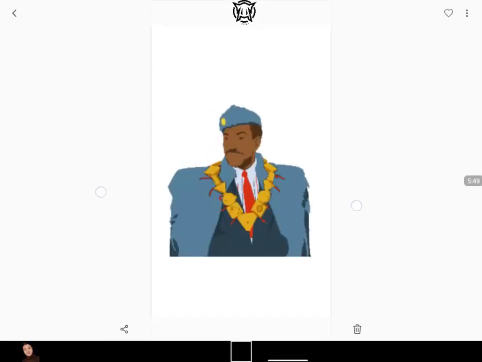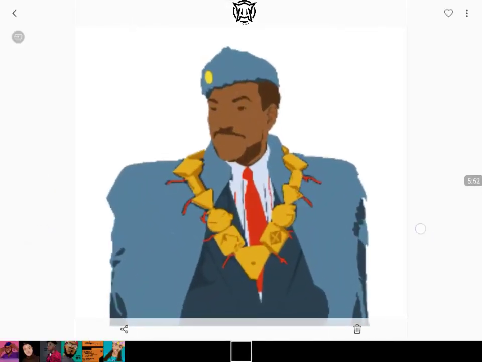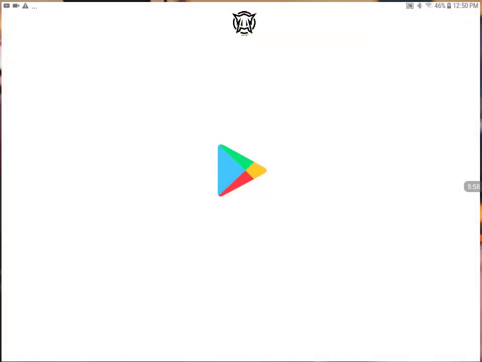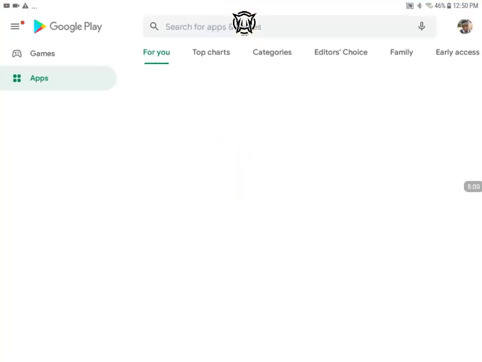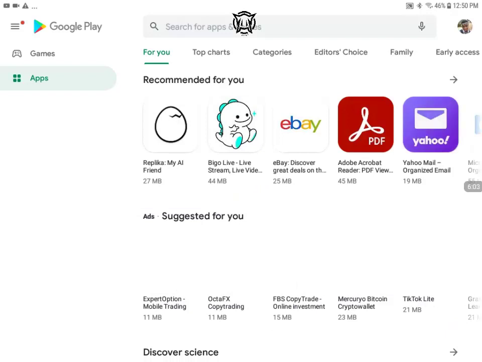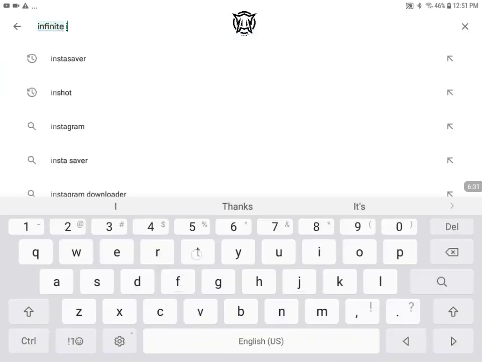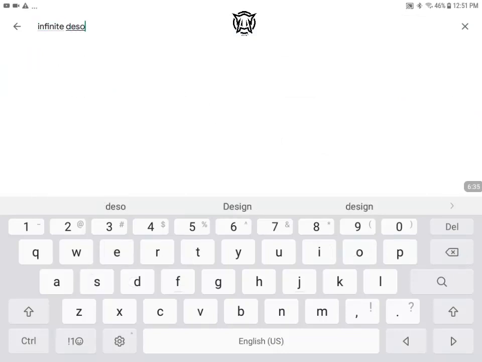It's so easy for me to use, so easy for me to understand, and just that. Then let's check the app out on Play Store. First of all, you have to know that Infinite Design actually started in 2011, and I started using Infinite Design 5 years later, in 2016, because in 2011 I did not have a phone. Infinite Design started in 2011, and although it started that long ago,